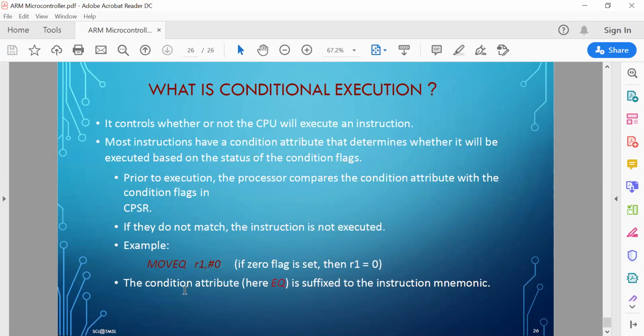This is how conditional execution works. It actually makes the code density higher with fewer instructions. Okay, so this is the basic introduction, the knowledge you need to gather about ARM processors and ARM architectures. So that is the last slide.